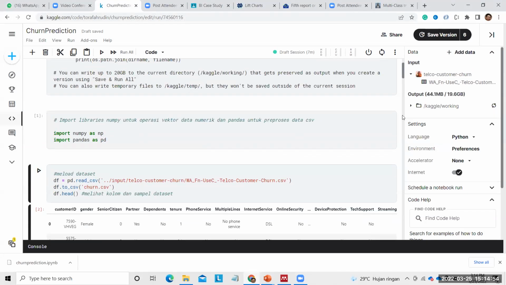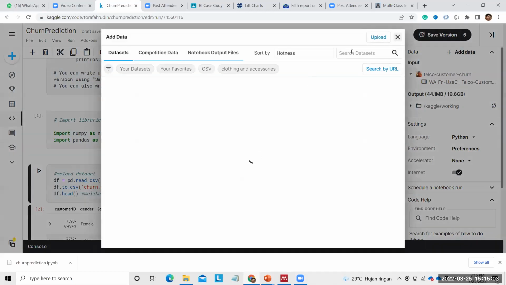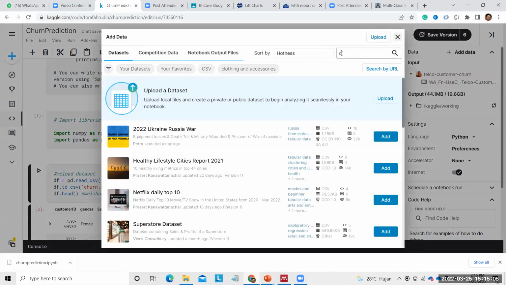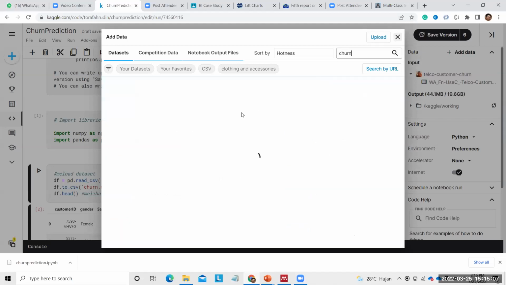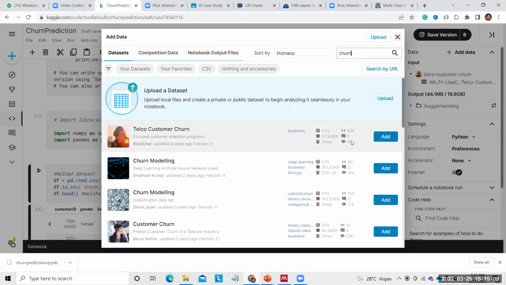How about the data? Kaggle has a lot of data. We can add it here, and this is the data that we will use as the experiment.